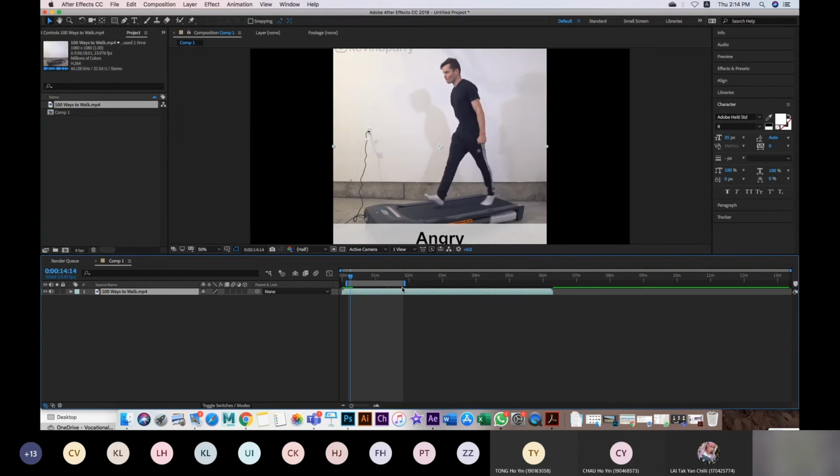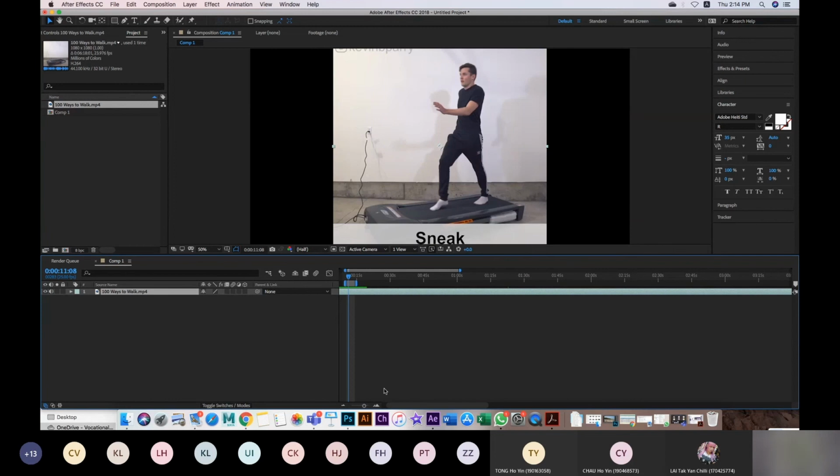see that I try to trim the parts of the sneak. Okay, I just want to have this part. Okay, so I'm using the work area bar on the top here. Just select the sneak walk. Okay, so you can see I can use the space bar as well to preview this part. 咁我可以撳 space bar 去